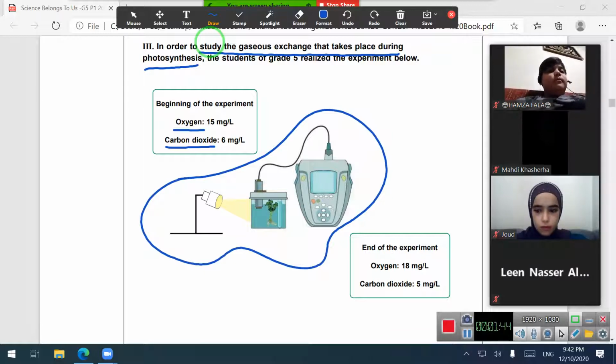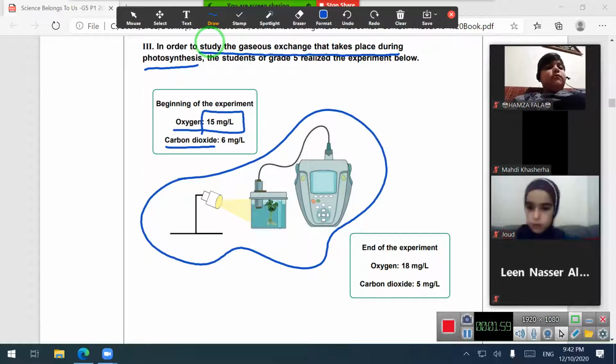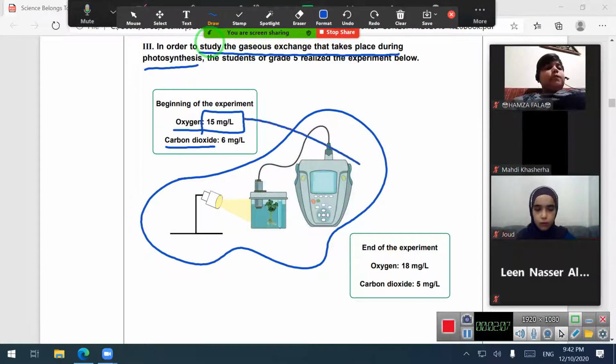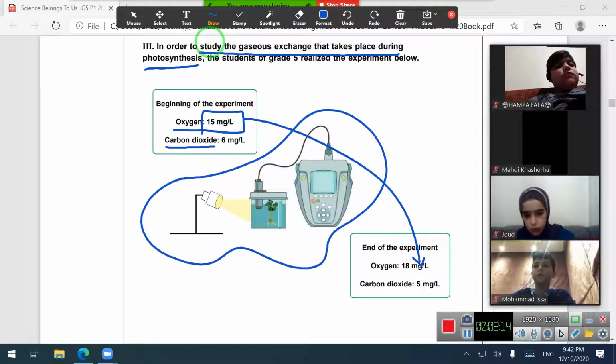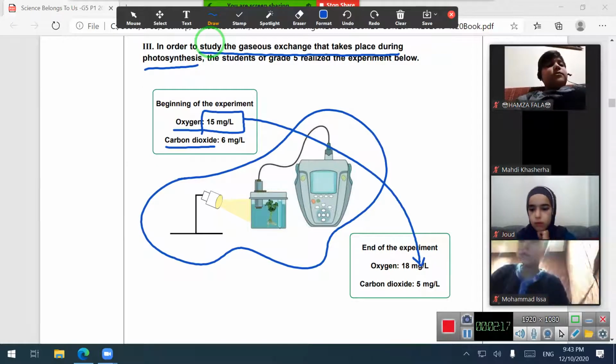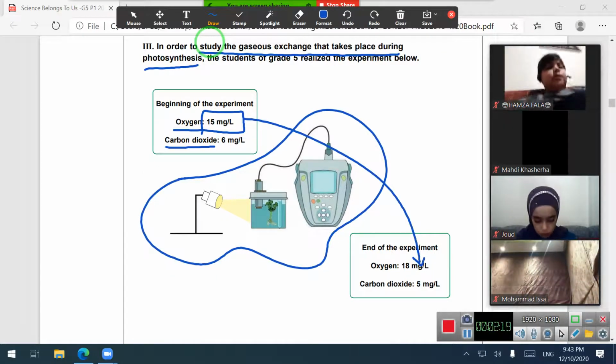So we use this instrument to measure the amount of oxygen absorbed and released during photosynthesis and also the amount of carbon dioxide. How much was the amount of oxygen at the beginning of the experiment? 15 milligram per liter. How does it become at the end of the experiment? 18 milligram. Does it increase or decrease? Increases. Excellent. So the amount of oxygen